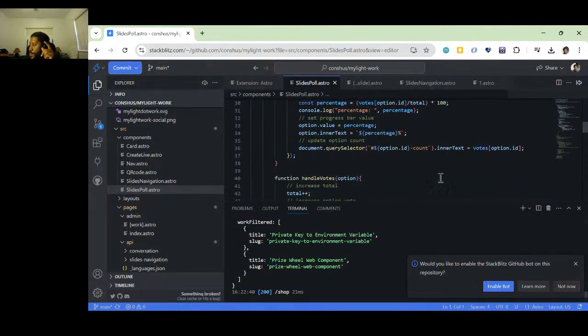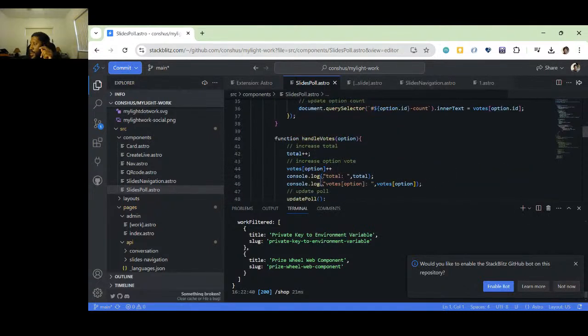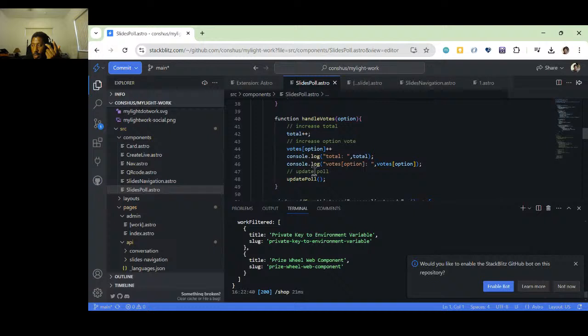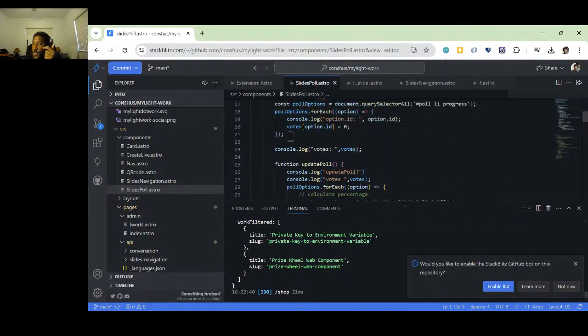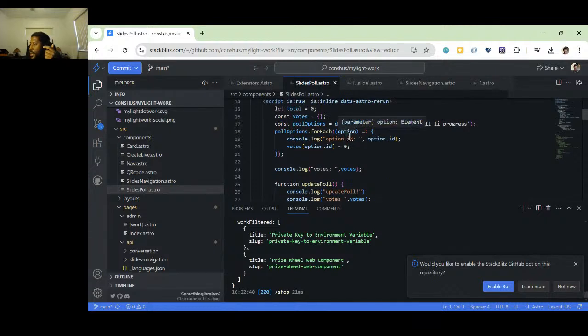So I handle the... why does this thing keep popping up? So I handle it. I do a bunch of console logs so I can see stuff. So I increase the total. I increase the option vote that was sent through, and then I update the poll. So that is up here, and again I have a bunch of console logs. And then for each poll option, which is the